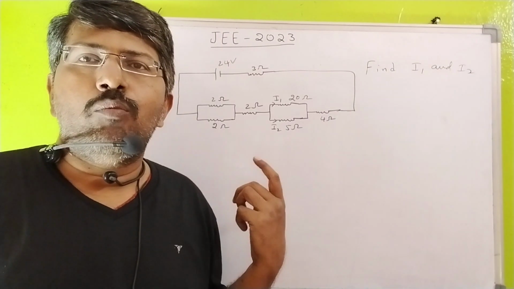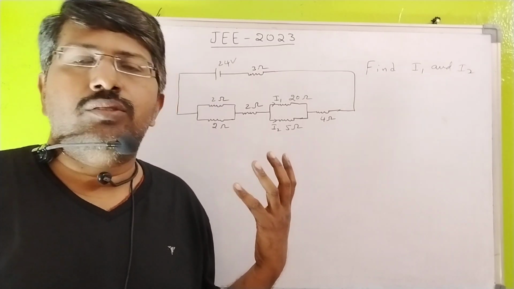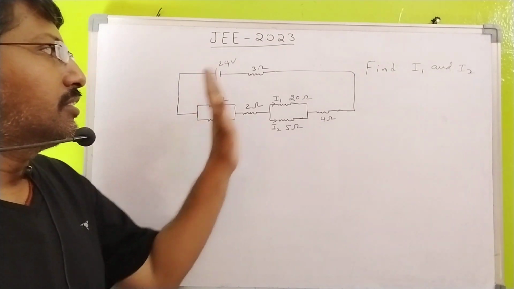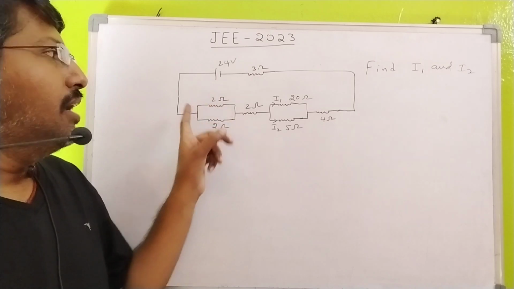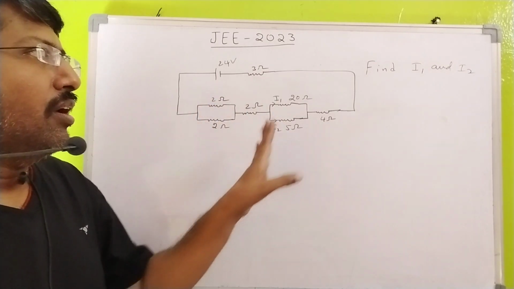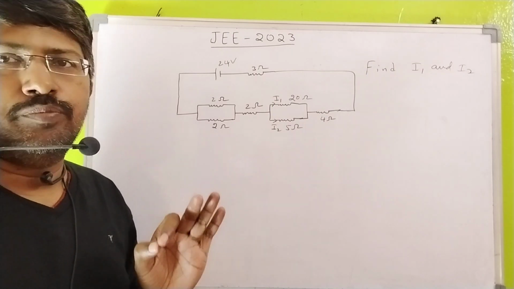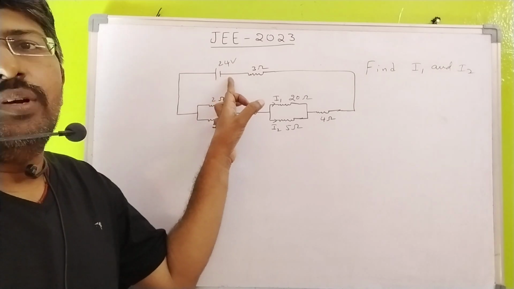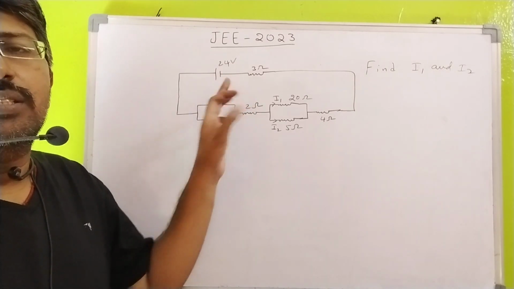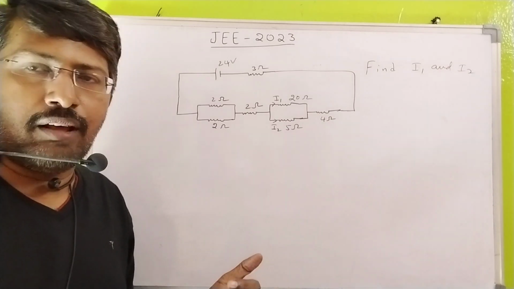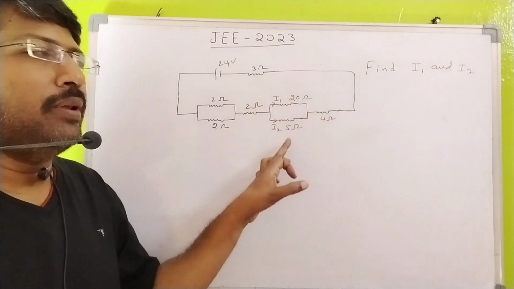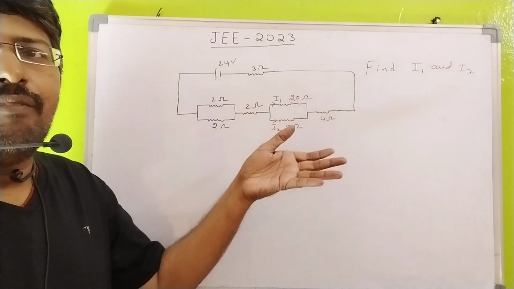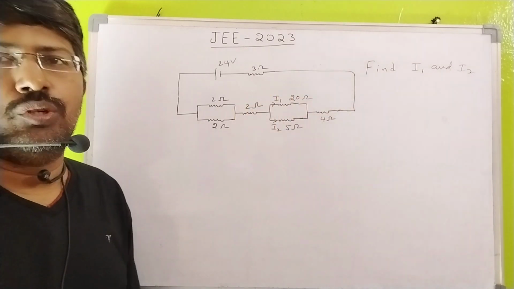Now I will explain one more important problem, an important model also, from current electricity. They have given a circuit like this. Battery is given, resistance is given. They are asking the question, find current I1 and I2. First you calculate the effective resistance. After that, with the voltage, resistance and voltage, you will get the current. V is equal to IR formula. After that you split. So here 5, here 20. The current travels in 1:4 ratio. That is your answer.